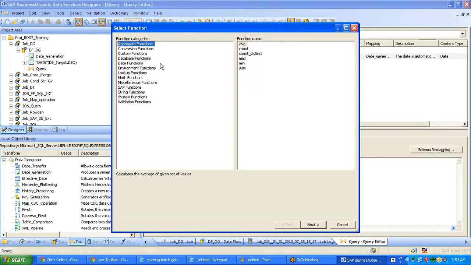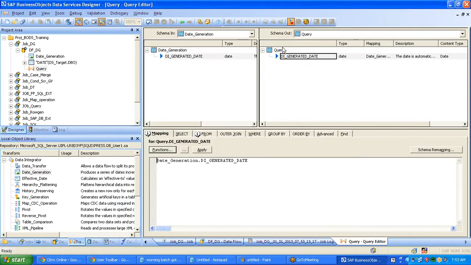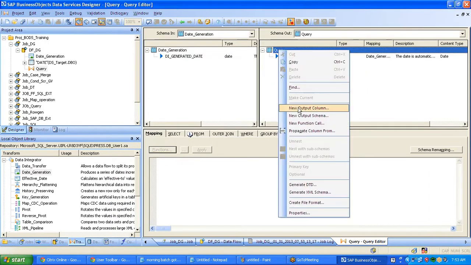If I go to the functions, go to the date functions, you can see all of these: month of, quarter of, system day, system time, week in the month, week in the year, year, day in the month, day in the week, day in the year. So you can calculate all these things. Okay, so now let us create some of the new output columns and